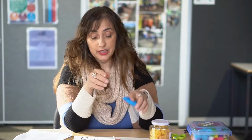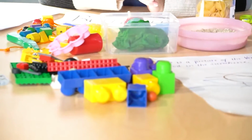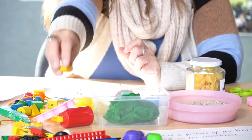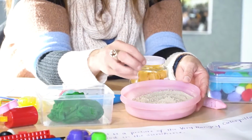You might do lots of finger games, for example, Incy Wincy Spider. Open, shut them, open, shut them. So lots of nursery rhymes, lots of craft activities using boxes, egg cartons, wool, paper. We've got lots of different materials that you can use for construction where the children are actually building, again, using their finger strength. Playing in the sand, if you've got a sandpit, or you don't need to have a sandpit,